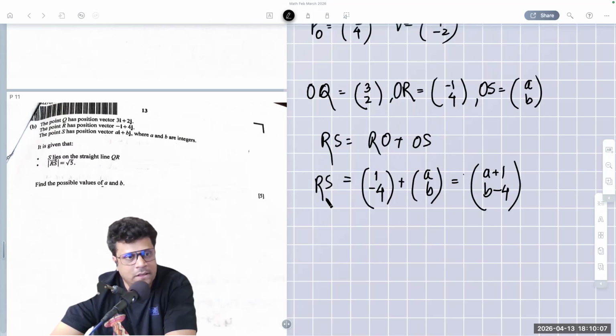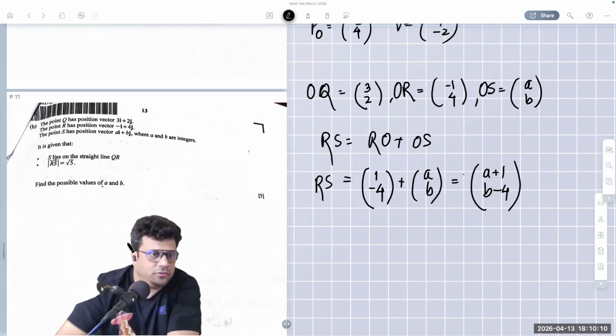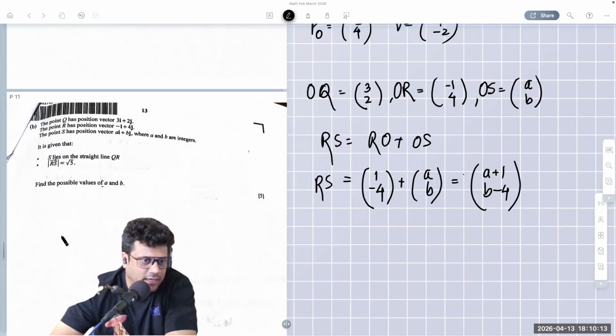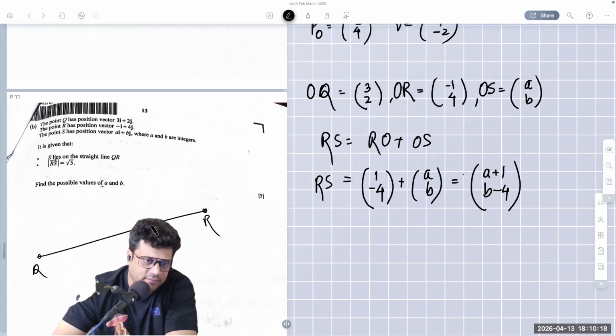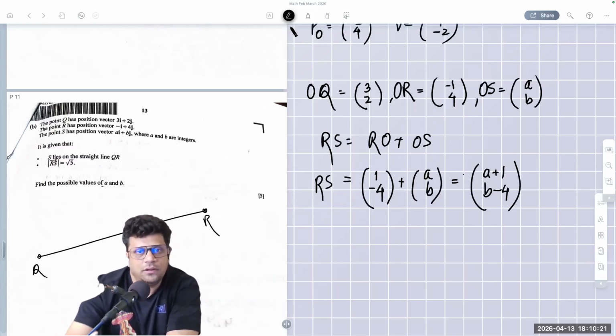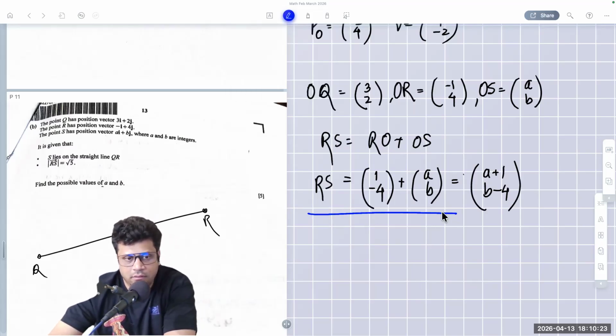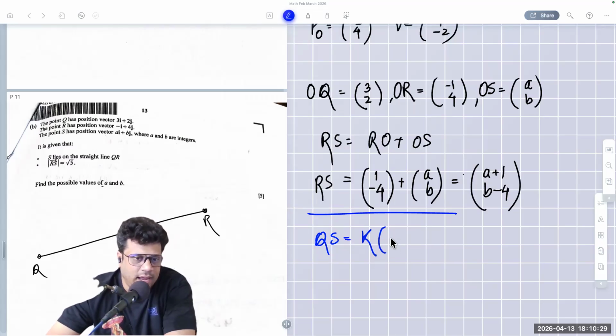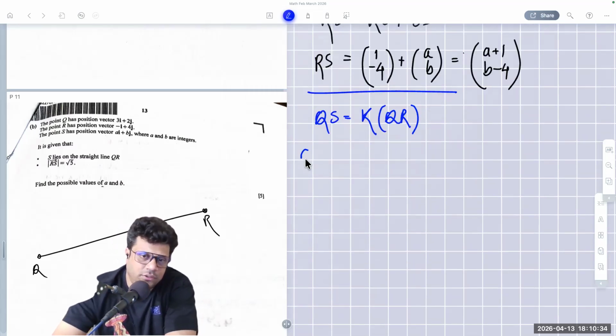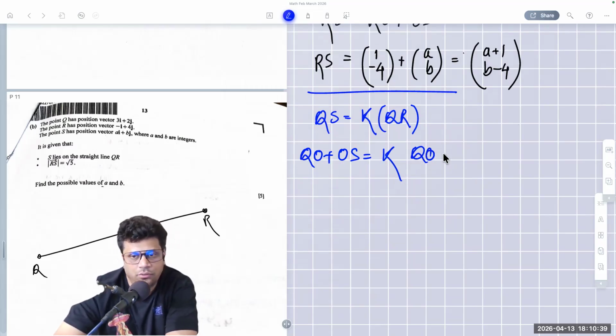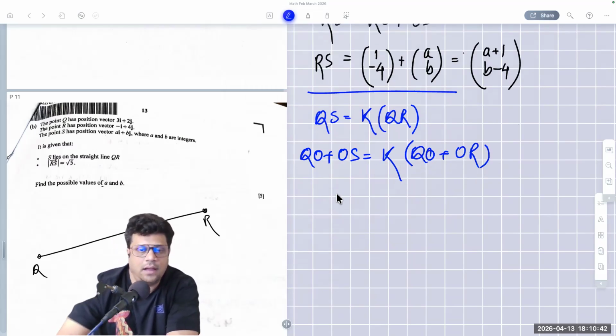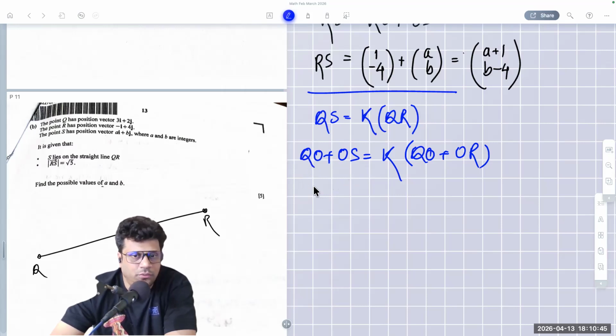Okay. I also know that S is on the line QR. Let's say this is QR, S is somewhere here. So I also know that QS should be some K times QR. Okay, so that is what I'm going to use. QO plus OS is K times (QO plus OR), and QO